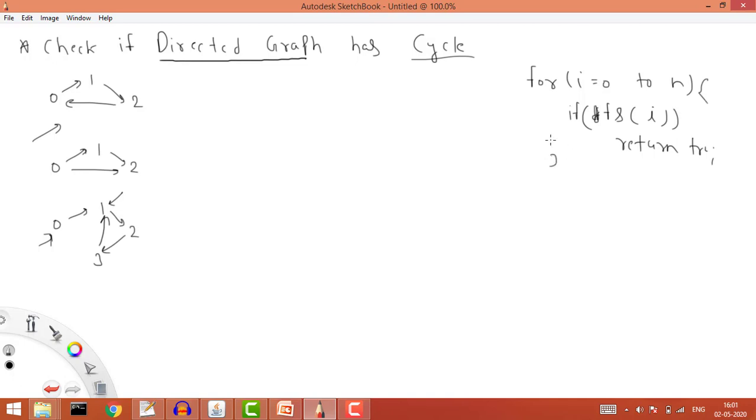Now the second point: let's take this example. Let's say I am starting from 0. We know that whenever we solve DFS, we take a visited array. In the visited array we keep filling the value true whenever we have visited any particular element.